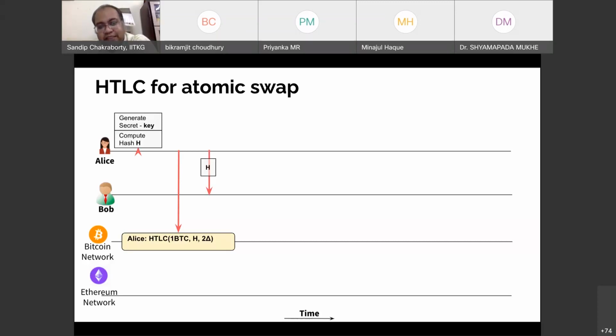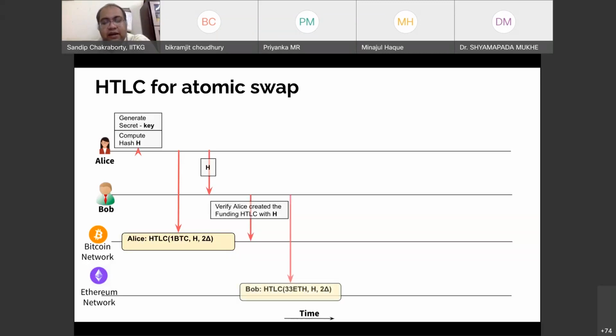Once Bob gets this hash value, Bob verifies that Alice has already created the funding contract in the Bitcoin network. That can be verified by checking whether the hash is there in the contract or not. Once that verification is done, Bob submits a contract to the Ethereum network with the same hash, with 2 delta, and the corresponding transfer of 33 Ethereum. So these two contracts, one to transfer Bitcoin and another to transfer Ethereum, get submitted in the corresponding